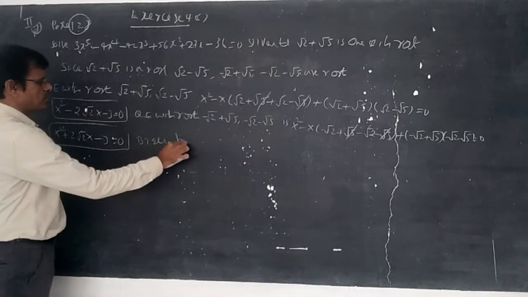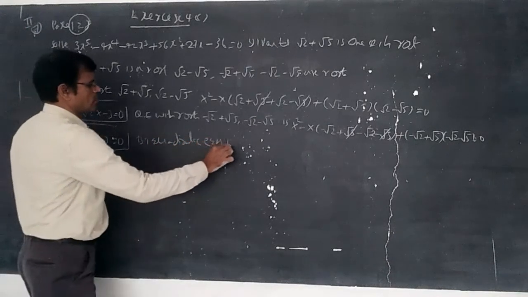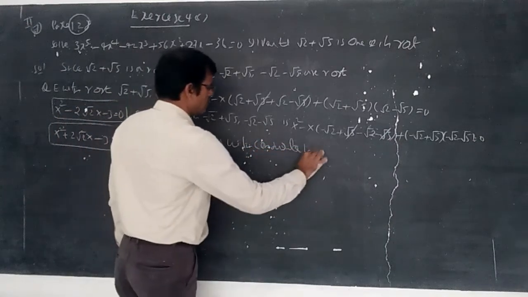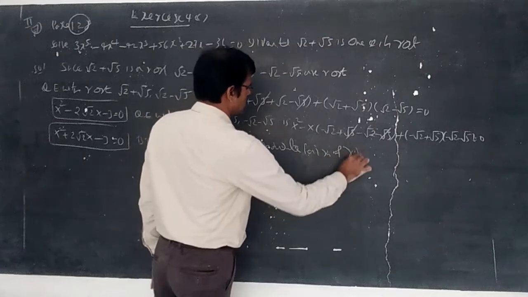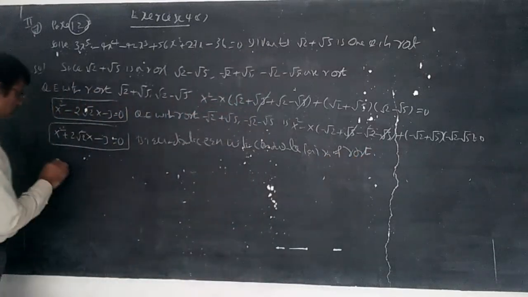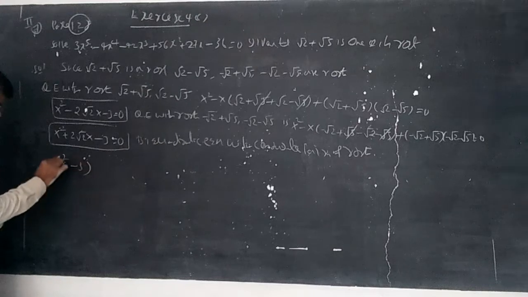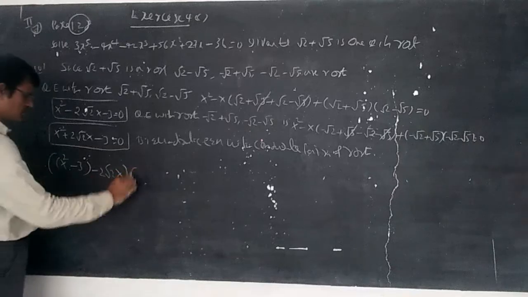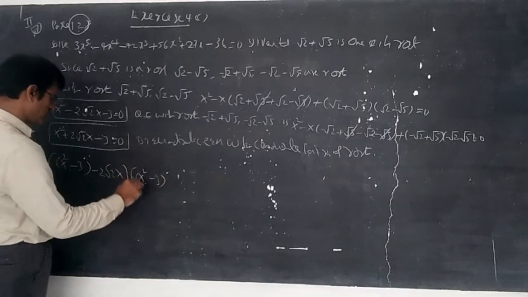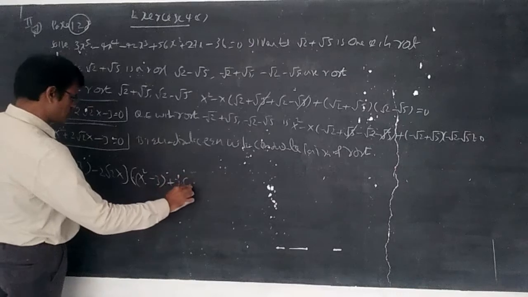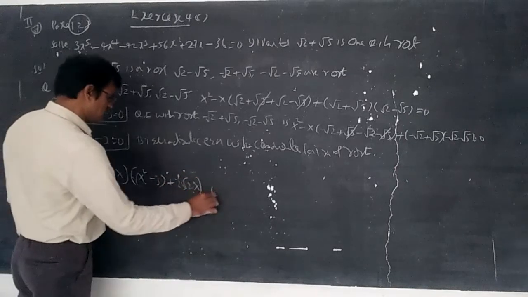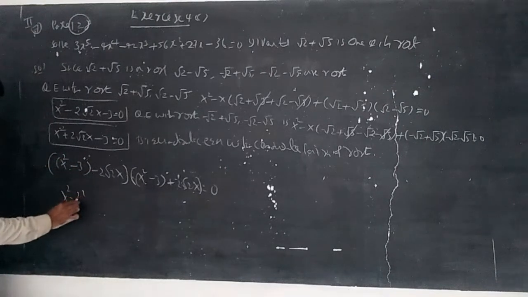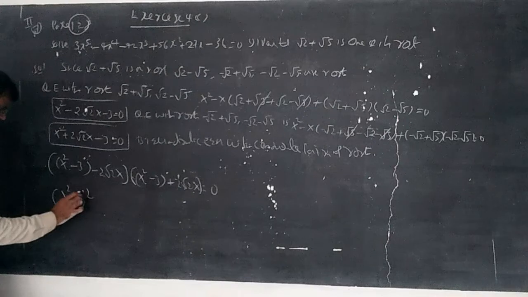Biquadratic equation I am preparing, the biquadratic equation with conjugate pairs of roots. Write like this: x square minus 3 minus 2 root 2x. Put like this, this is the objective question. And x square minus 3 plus 2 root 2x. I think in level 3 the same question is there. Now you can understand the a plus b into a minus b concept, a square minus b square.